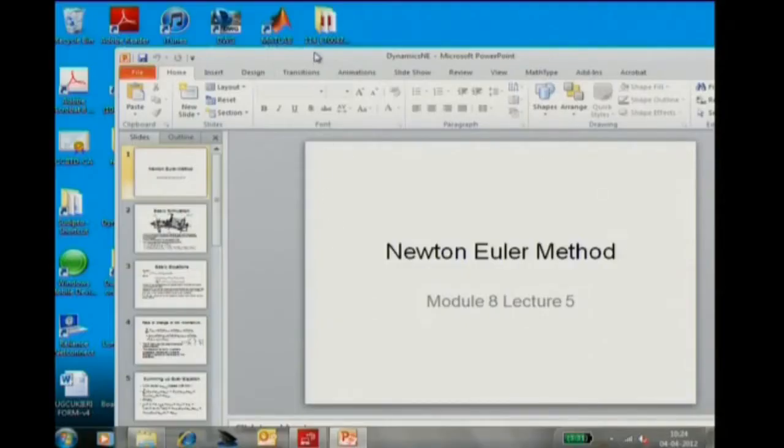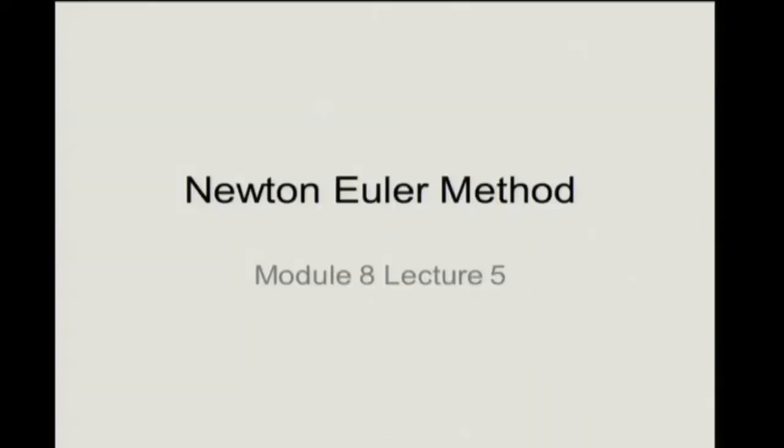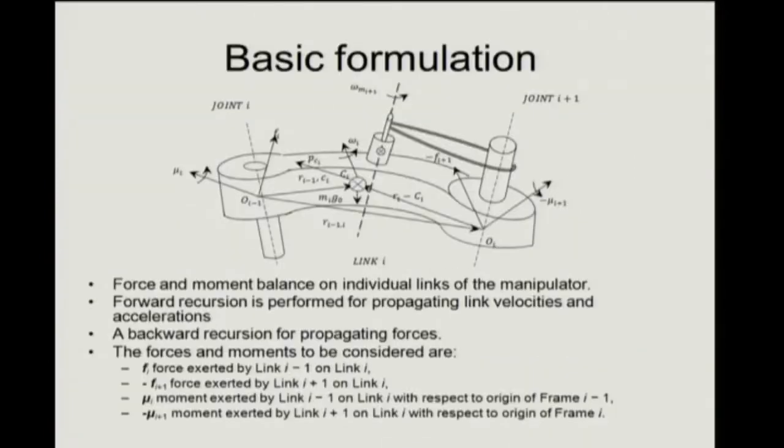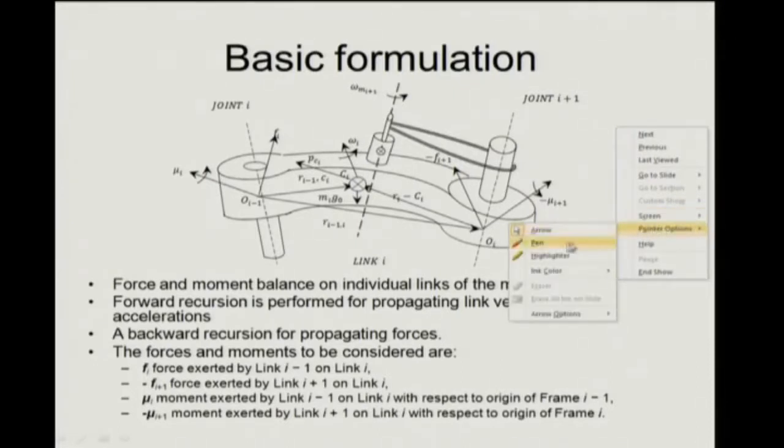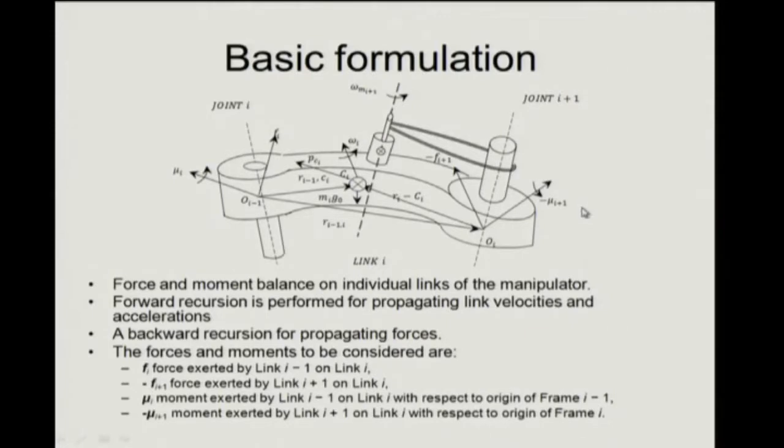Okay, so then we get back to the main business of the Newton-Euler method. We touched on this in the previous class. It's just a revision, with a whole bunch of definitions very similar to what was there in the previous class, except that now we are going joint by joint. When we did Euler-Lagrange, we were only interested in the center of mass